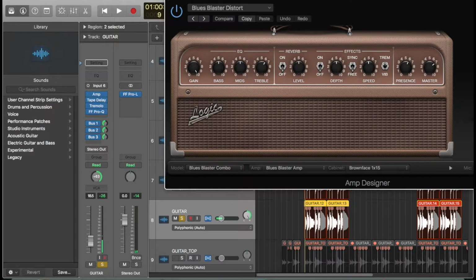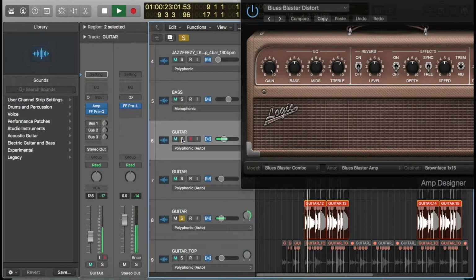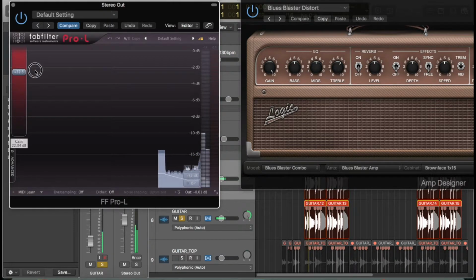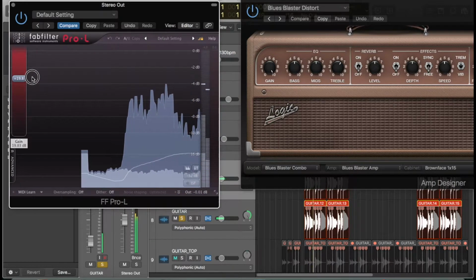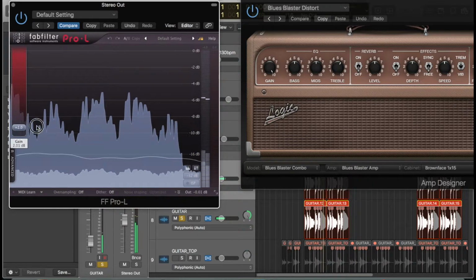Blues Blaster Distort. So both of these are distorted. Yeah, so it's really cool. Pretty cool. Might be really quiet if I limit it. So it's pretty cool that